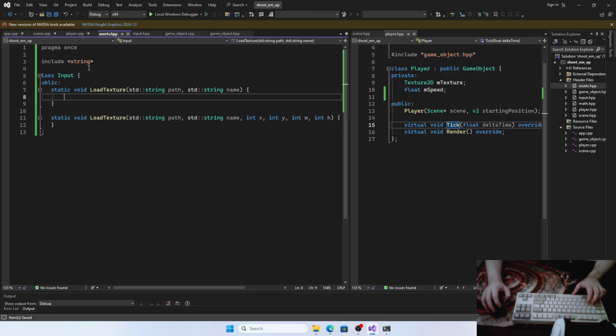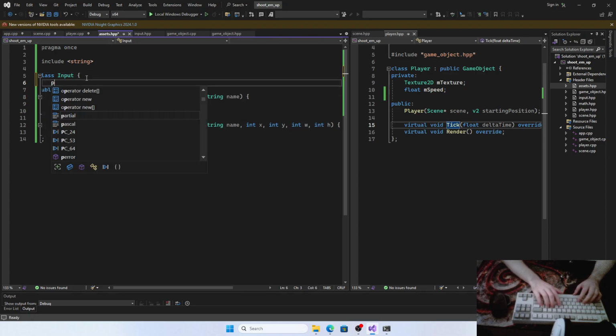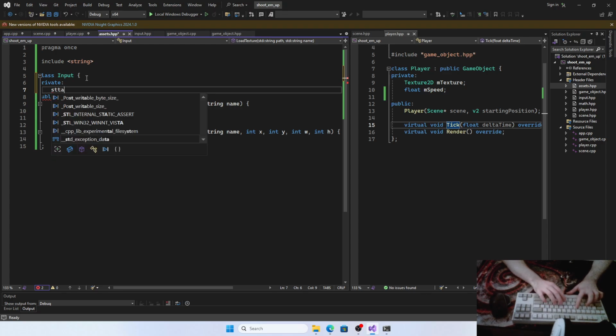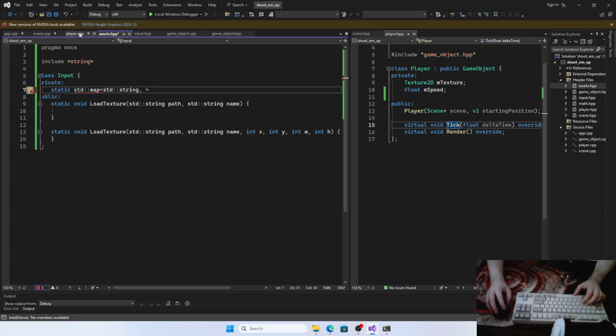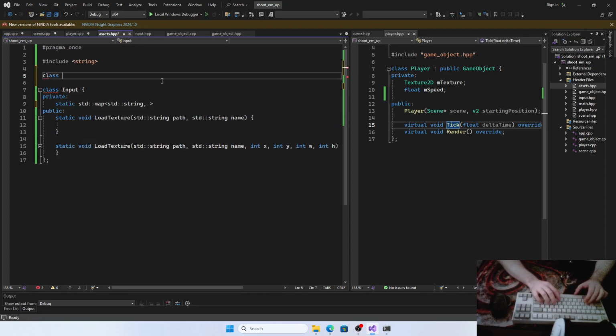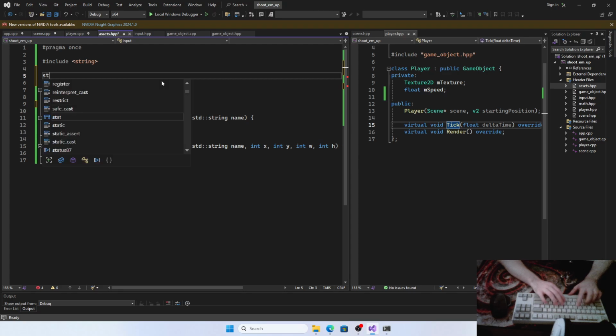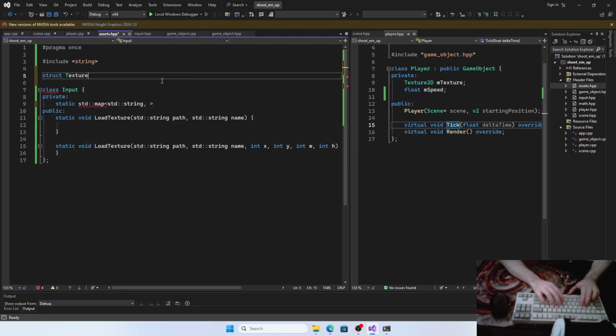So we are also going to have a static map of the name of the texture, like player left, as I gave an example here, and something that contains details about our texture. So for now, quickly, I'm going to create here a struct, I think, texture details,